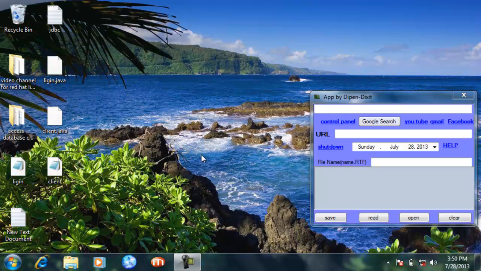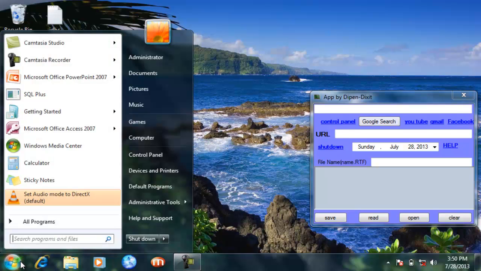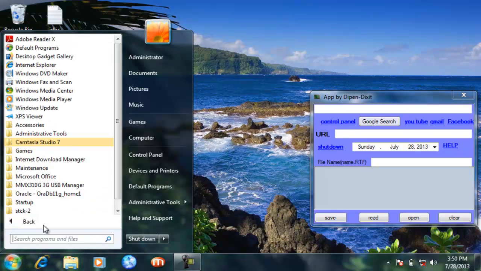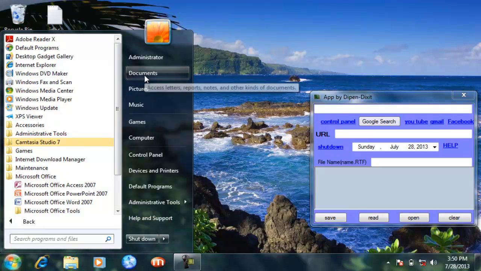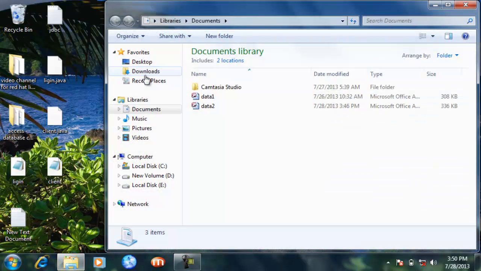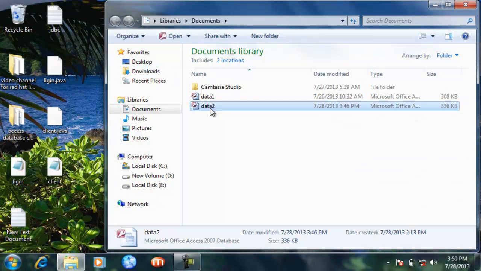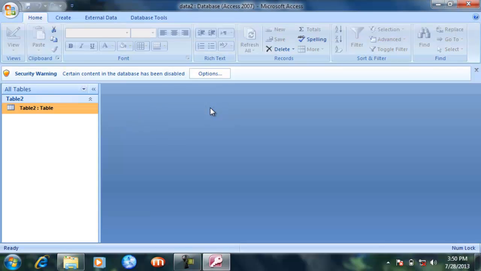So we will create a new MS Access database. I have already created it. You can see that inside the Documents folder I have created an MS Access database named data2, and how to create a database in MS Access I have already explained in the earlier section of this video.